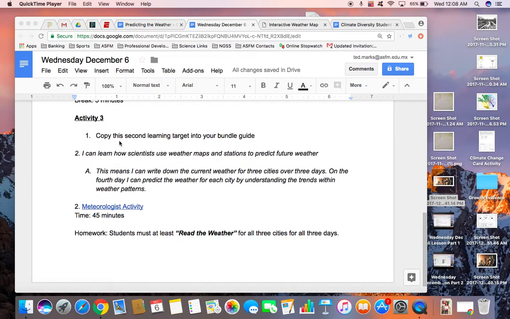So, what I would like you to do is to copy and paste this learning target, which is: I can learn how scientists use weather maps and stations to predict future weather. And we're going to do a sub target for this, which means that I can write down current weather for 3 cities over 3 days. On the fourth day, I can predict the weather for each city by understanding the trends